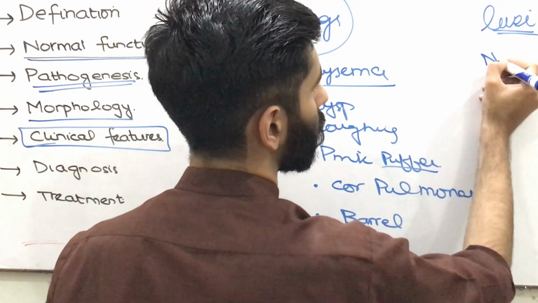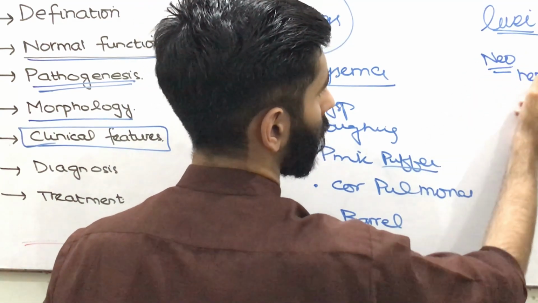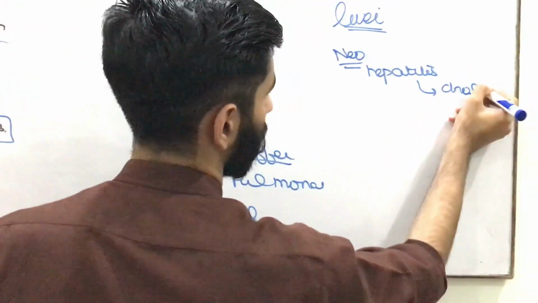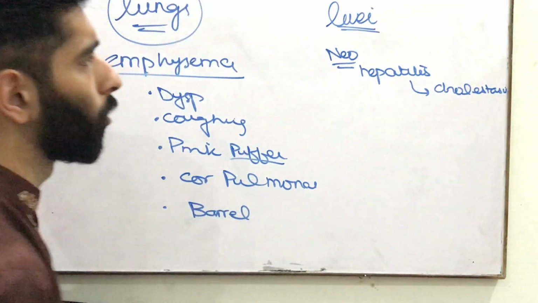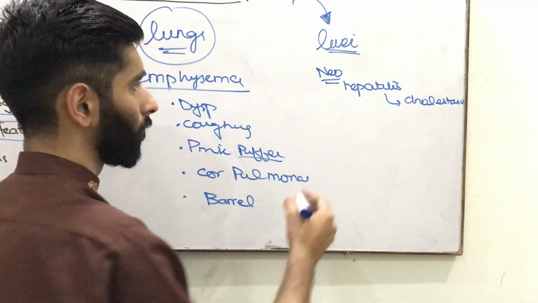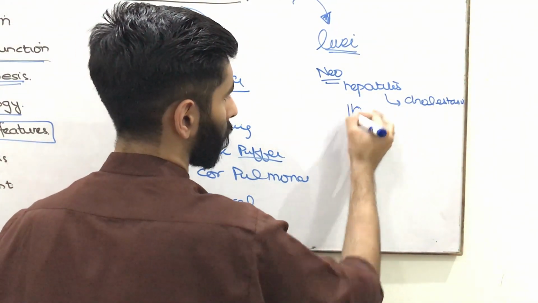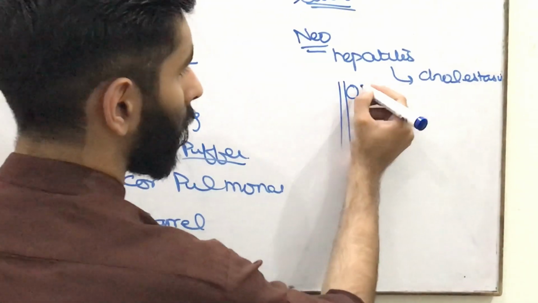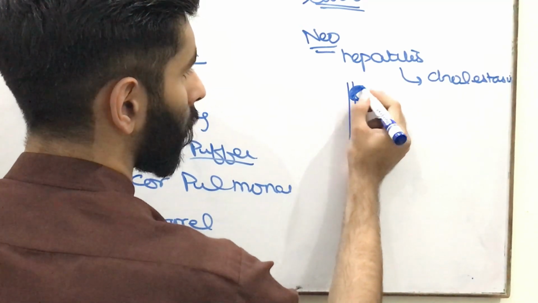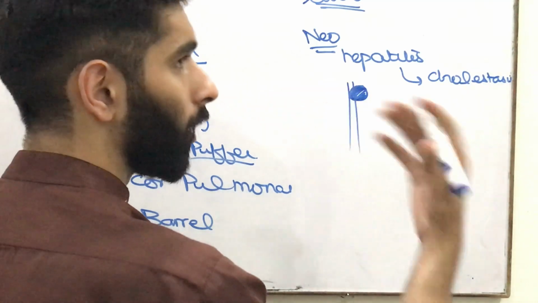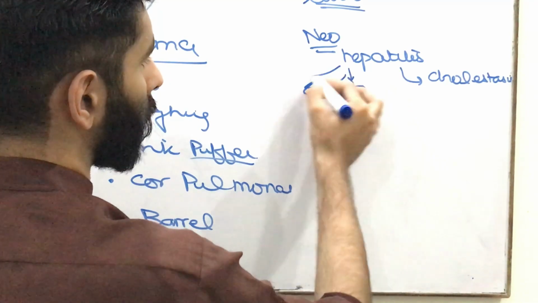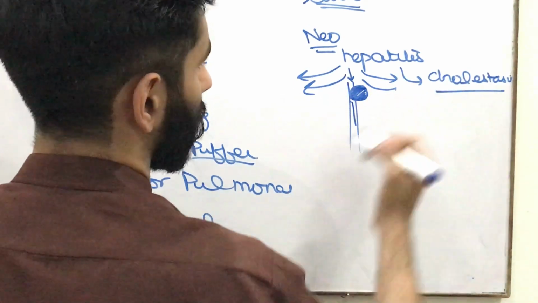And in the liver, in case of neonates, we will find hepatocellular damage leading to hepatitis, which leads to cholestasis. The exact mechanism is not known, but it is said that when the hepatocytes are damaged, just imagine this is the bile duct and this is the hepatocyte. When there is hepatocellular injury, as in inflammation, the cell will swell up. When this cell swells up, it will compress the bile canaliculi or bile ducts. So bile cannot pass through and it starts seeping into the blood, leading to cholestasis.